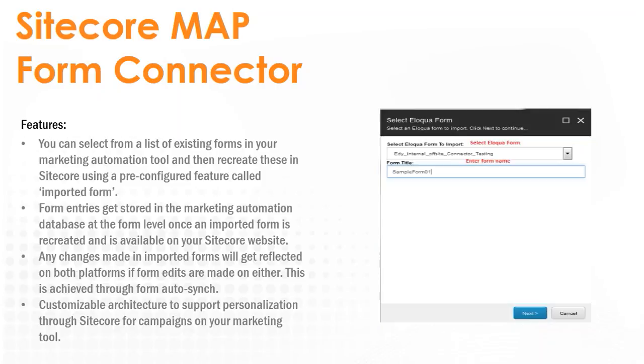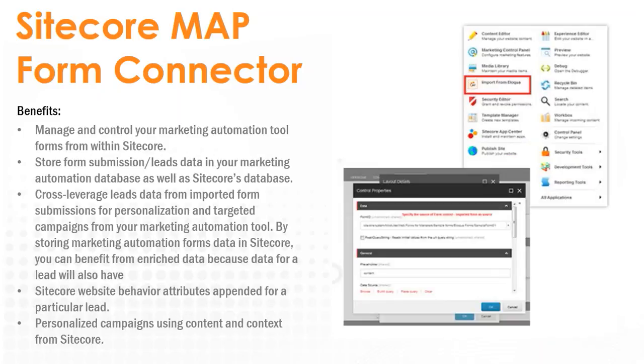Further, you can customize these fields in Sitecore itself. You don't have to go to your marketing automation platform, and whatever you customize in the fields of any form will get auto-synced with your marketing automation platform. The great advantage of this is that you can manage all your forms within Sitecore. Whatever submissions happen on these forms go into your Sitecore database as well, which is your XDB, apart from your marketing automation database. You can also cross-leverage leads data. So whatever is going into your marketing automation tool is also going into Sitecore,